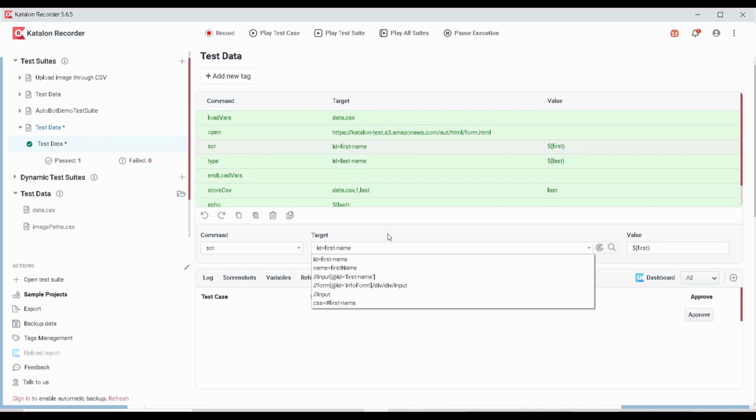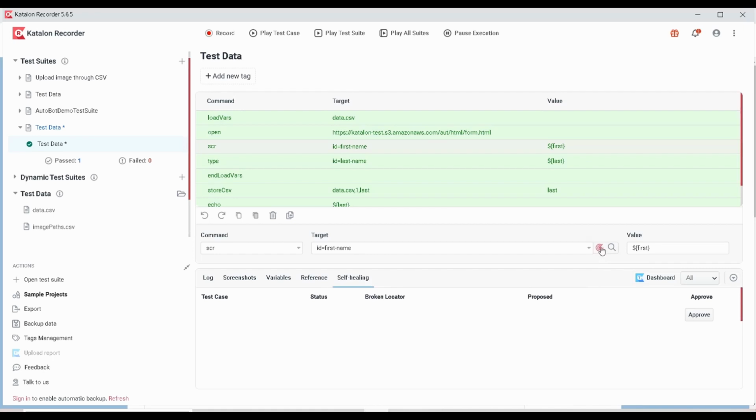Okay, so that's how Katalon is working. And you can change the setting also, like suppose if you want to give priority to XPath, you can do that. I will show you how you can change the settings also. So whenever, if ID is not working, it will automatically try to heal itself by going for the XPath. Okay, and even if XPath is also not working, it will go for the CSS selector and try to complete that particular line in the test case. And even if CSS also fails, then only that particular test case will fail. So that is the purpose of self-healing, and it's a very good feature with Katalon.